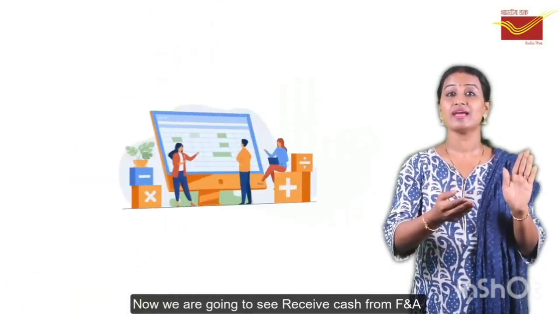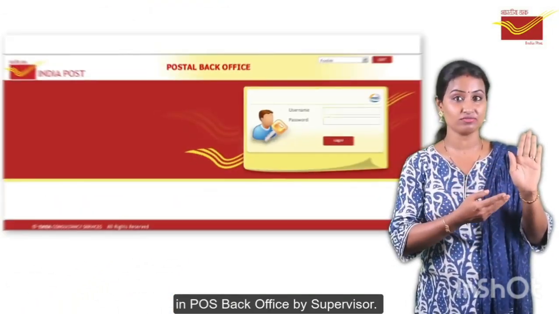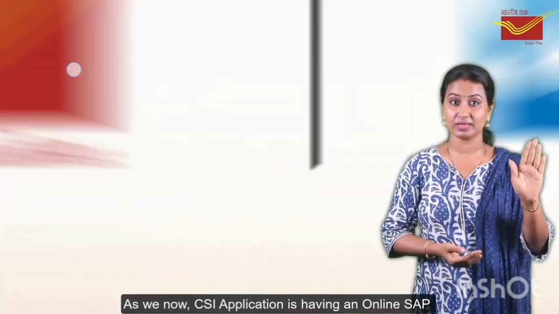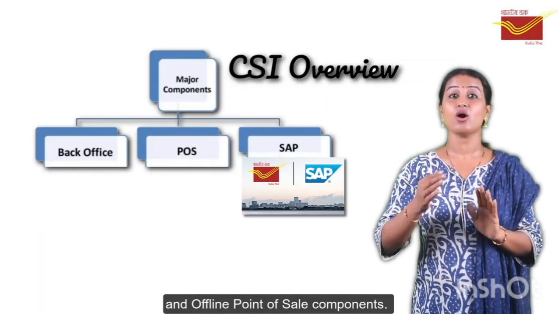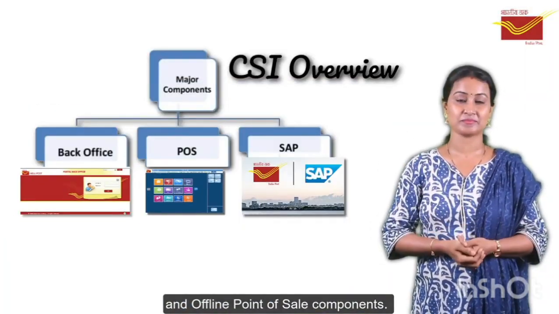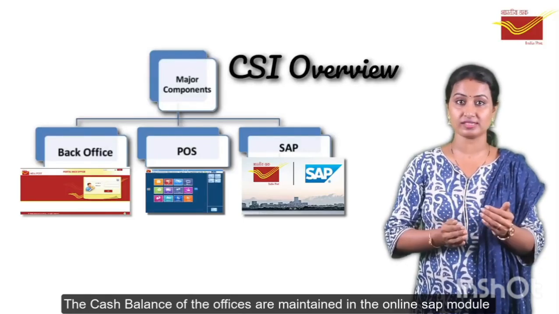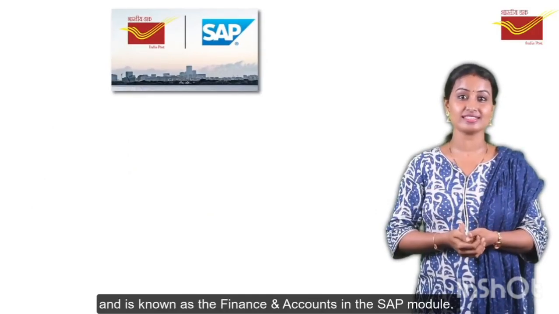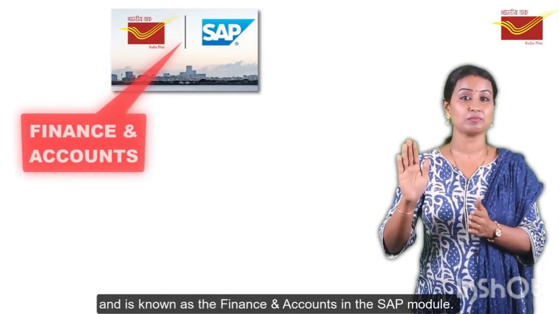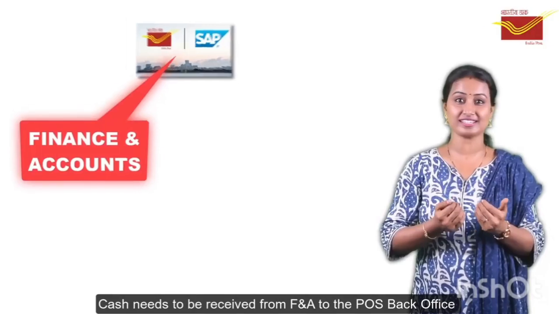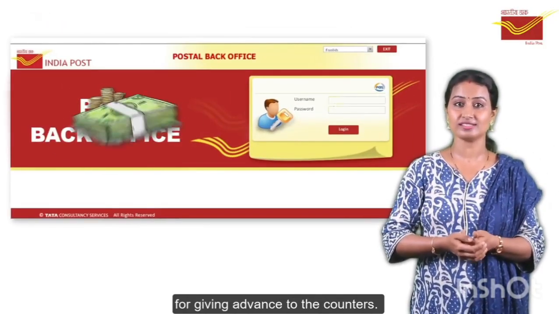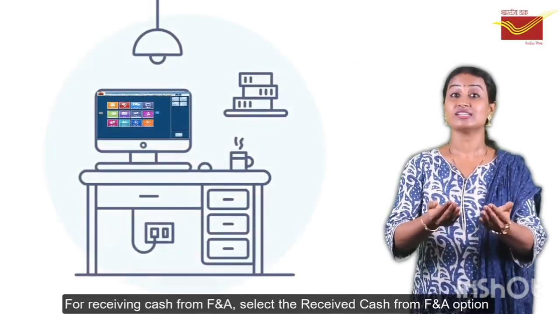Hello friends, now we are going to see receive cash from F&A in POS back office by supervisor. As we know, CSA application is having an online SAP and offline point of sale components. The cash balance of the offices are maintained in the online SAP module and is known as Finance and Accounts in the SAP module. Cash needs to be received from F&A to the POS back office for giving advance to